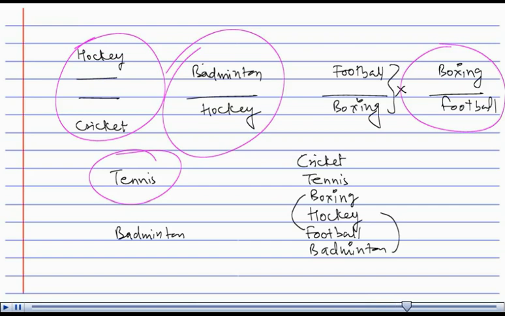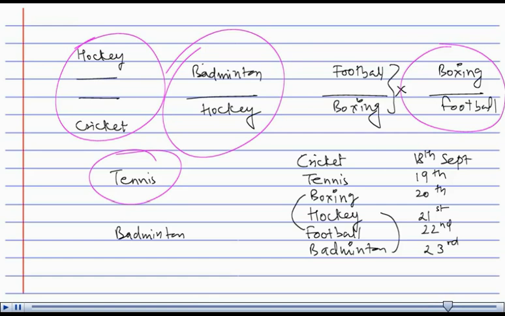First game is cricket, played on 18th of September. Then on 19th tennis, 20th boxing, 21st hockey, 22nd football and on 23rd badminton. So the order is there in front of you.